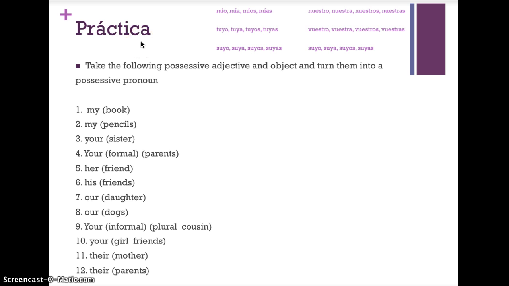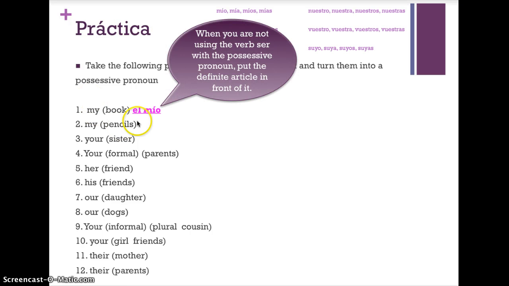So we're going to take my book and we're going to replace it with the possessive pronoun. And you'll see my book becomes el mío. When you are not using the verb ser with the possessive pronoun, you're going to put the definite article in front of it. And that's just el or la or los or las. So,